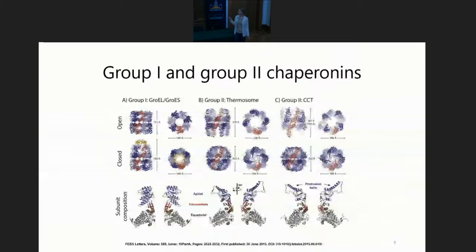There is also a second group of chaperonins. These are variants from eukaryotic cytosol and from archaea. But I want to focus a little bit more on the GroEL-GroES complex because this will be the first part of my talk. This is the textbook example that has been studied for several decades. I think that the high-resolution structures were already available in the 90s, achieved by crystallography.